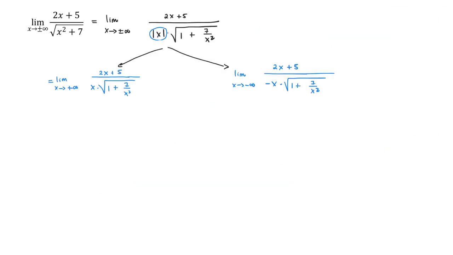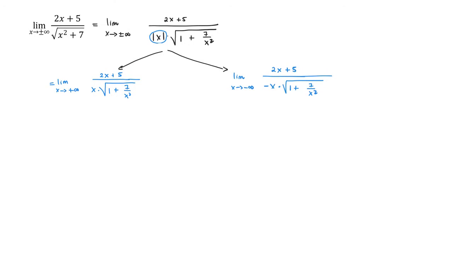All right, so let's continue with the analysis. If you notice, I have just copied the original question and I jumped all the way to the second to last step, and then the very last step over here. Now I have to evaluate or examine each limit in one direction only, at positive infinity and at negative infinity. So continuing with that analysis, we are going to have that this is equal to the limit as